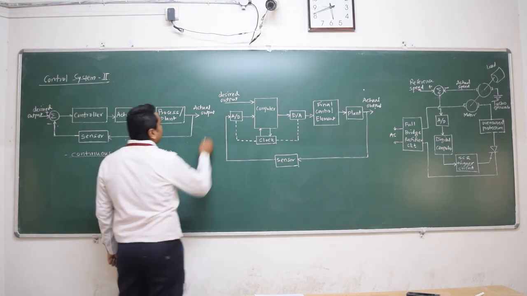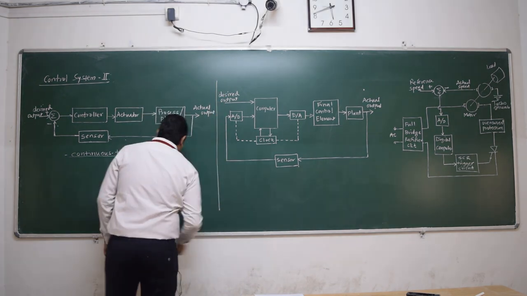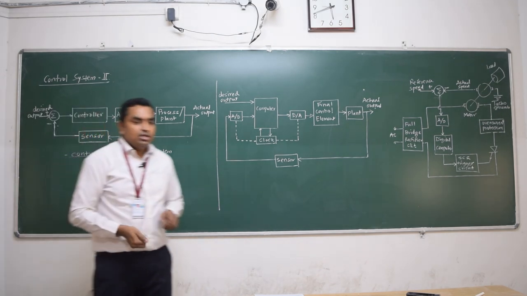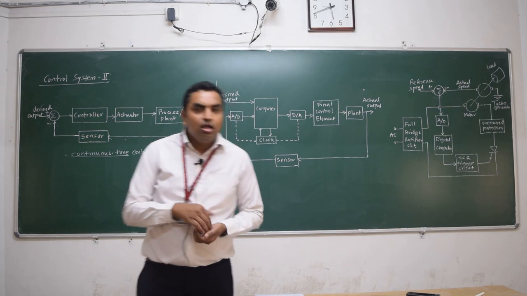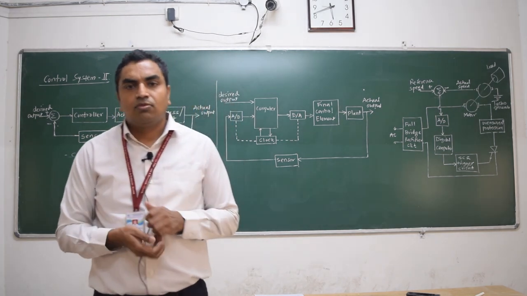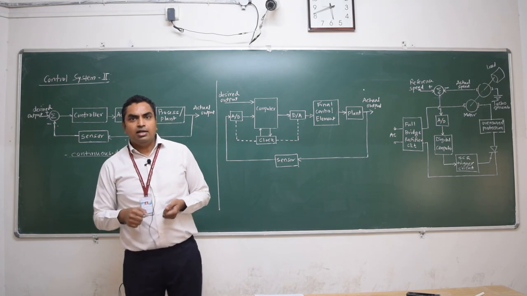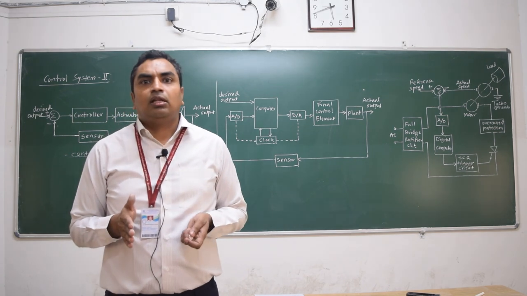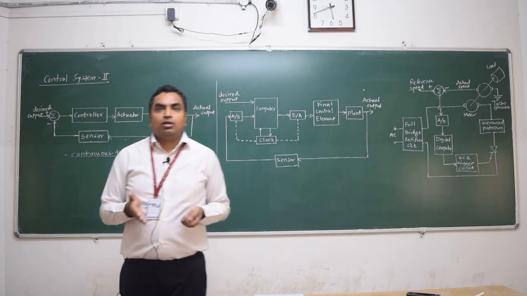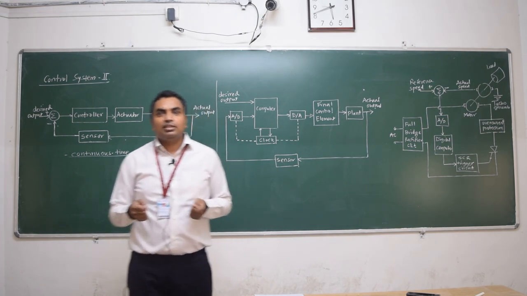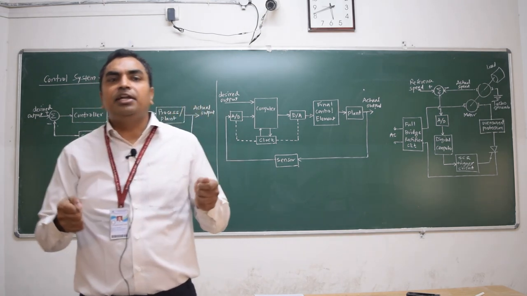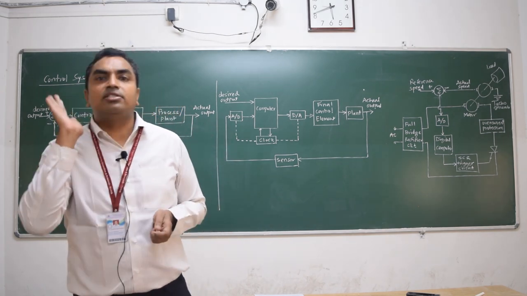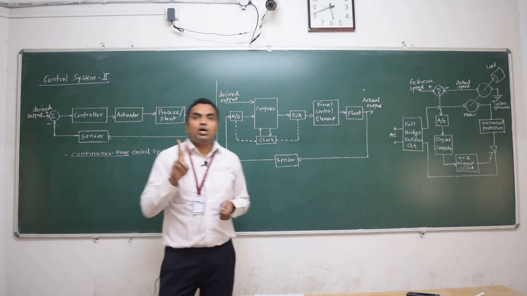Now when we talk about continuous time control system, if I want to explain this system with an example, suppose I am driving a car. Now in that case, what will be the output? What is to be controlled? I need to control the speed, and I need to control the steering. I need to control the track, whether I am going in the right direction or left direction, or whether I am going straight. So I have two control objectives there.